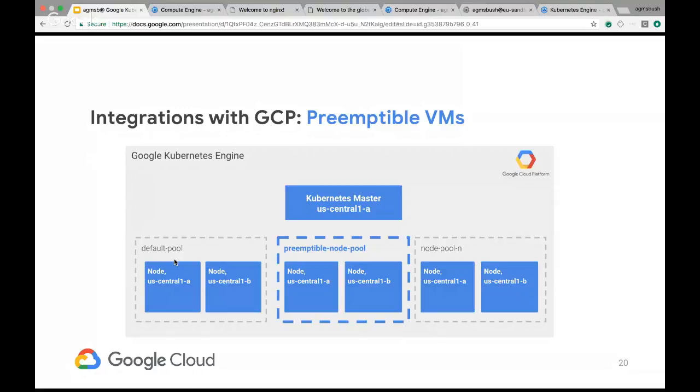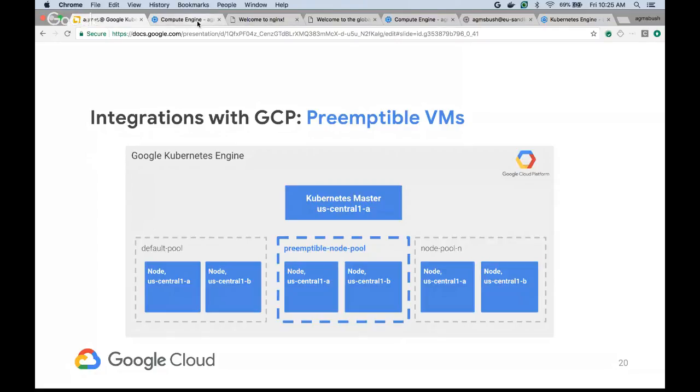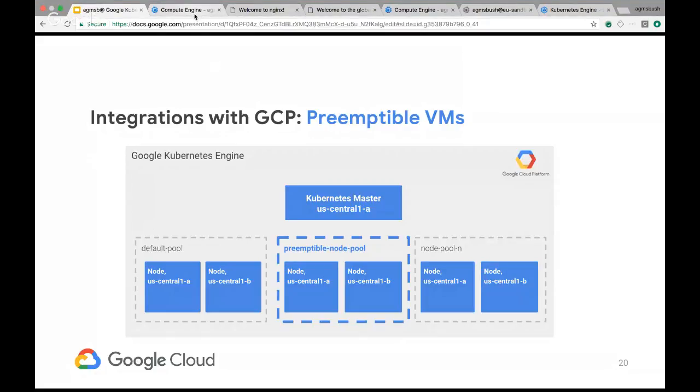This could be some very lightweight resources. Sure. Maybe node pool N has GPUs, which you can create in Kubernetes Engine. And then lastly, we have preemptible node pools. I want to focus on that. Preemptible VMs are a type of Compute Engine instance that could be preempted. It lives at longest about 24 hours and can be preempted at any time in that.